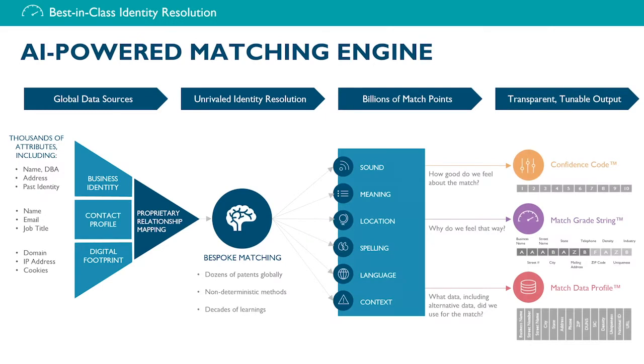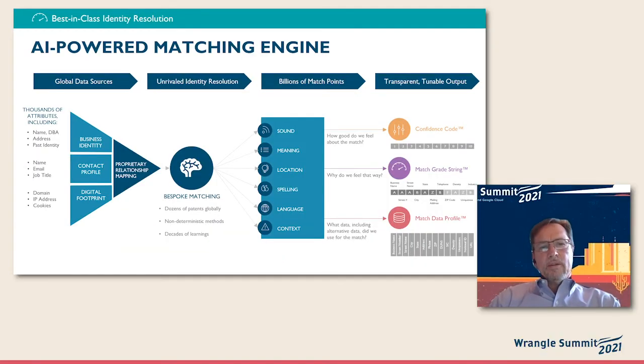through an AI-powered matching engine. This takes all the global data sources, brings them in, and allows us to create a database in the end of unique businesses that do not have duplication. All of the information is stored within one record, and that record is keyed by a D&B DUNS number, which is a 9-digit non-indicative number, which is the equivalent of a social security number for an individual